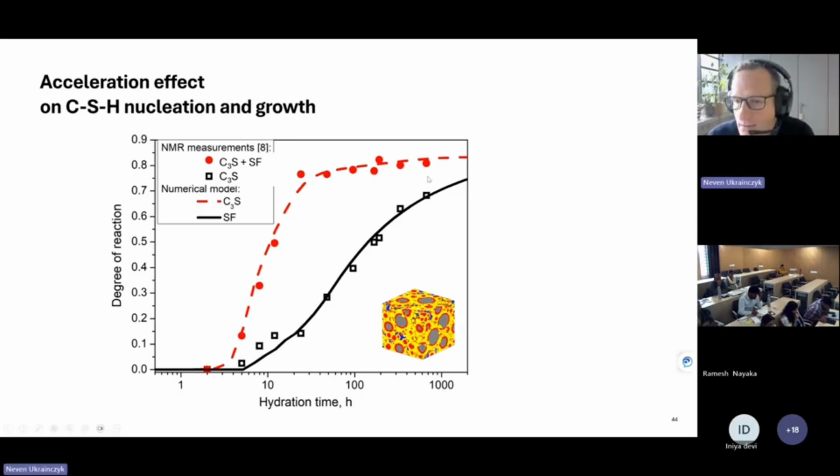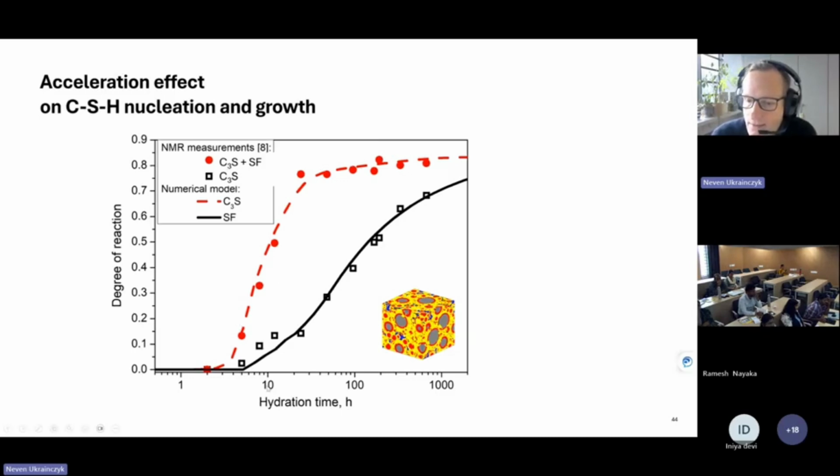Then you can see this is silica fume and this is C3S, and this is the C3S reaction with silica fume, so you can see this seeding effect, the filler effect, a very strong filler